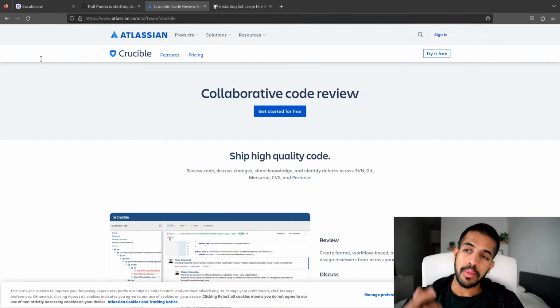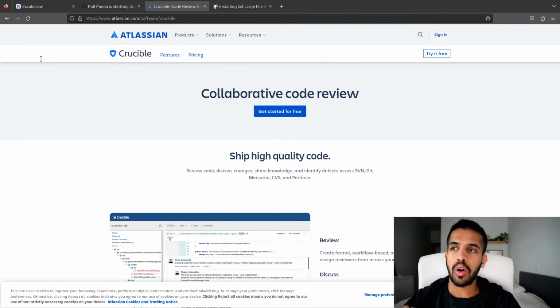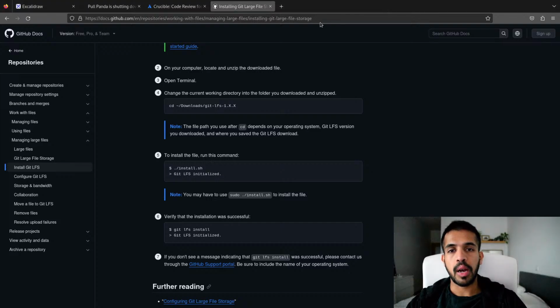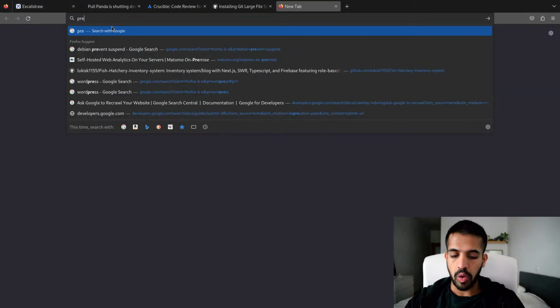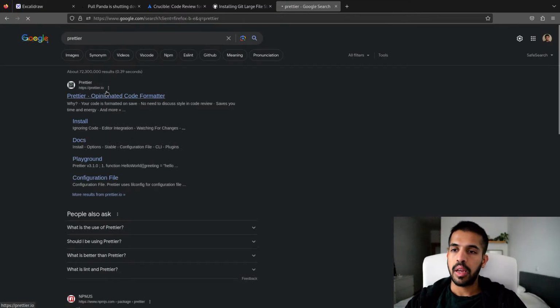And I have a bit of a strong opinion on that, which is that I think that all formatting and code style stuff should not be done in code reviews. I feel like everything should be set up beforehand through some tool, like, for example, Prettier or ESLint.